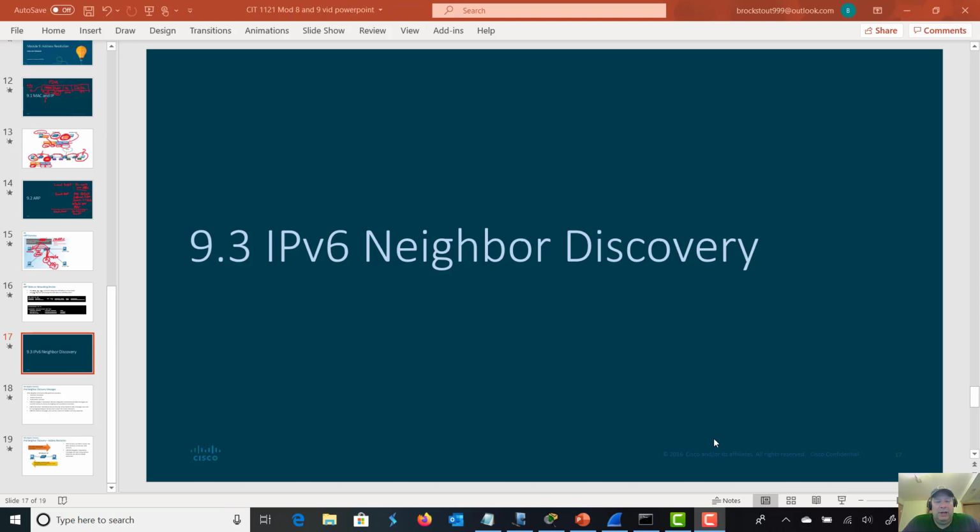CIT 1121, Module 9, Submodule 3, IPv6 neighbor discovery. This is a really good slide, and it's almost covered with ARP. Like when we talked about ARP, we're going to get basically the same kind of thing here with IPv6,